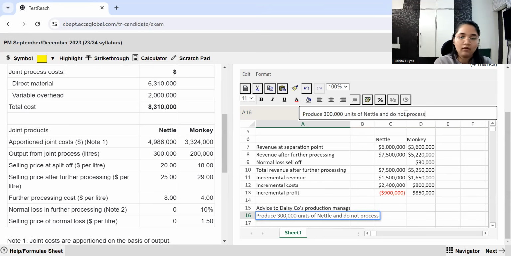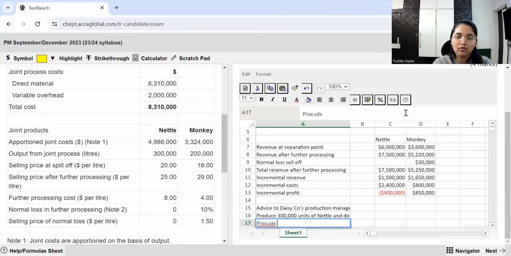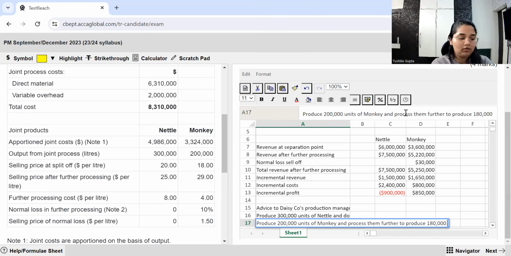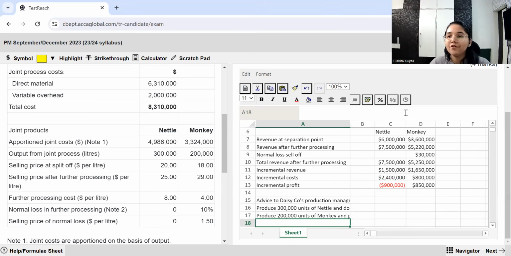We can also mention over here, and do not process it further, produce 200,000 units of monkey and process them further to produce 180,000 units of monkey plus. We can also mention that doing this will give us an additional profit of $850,000. So this is how we have